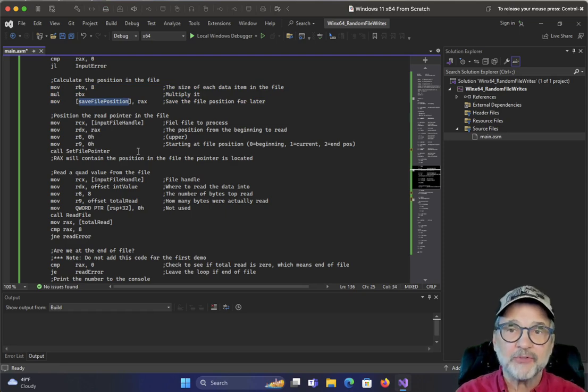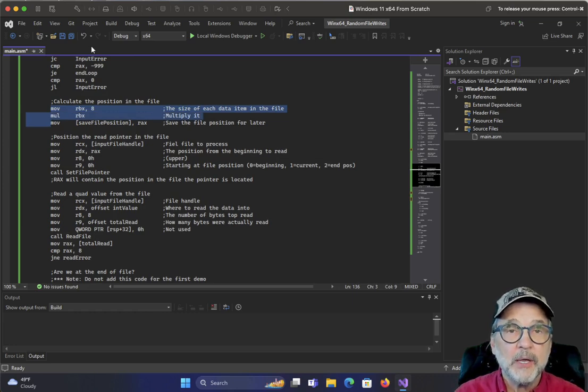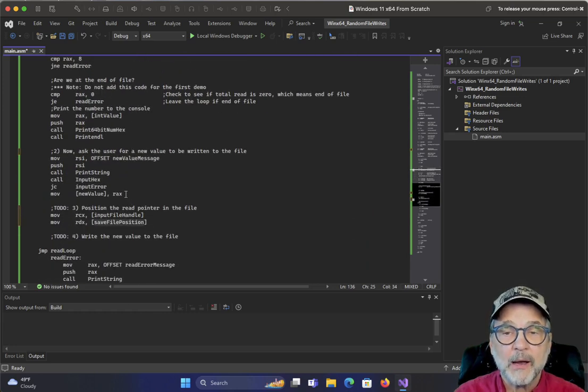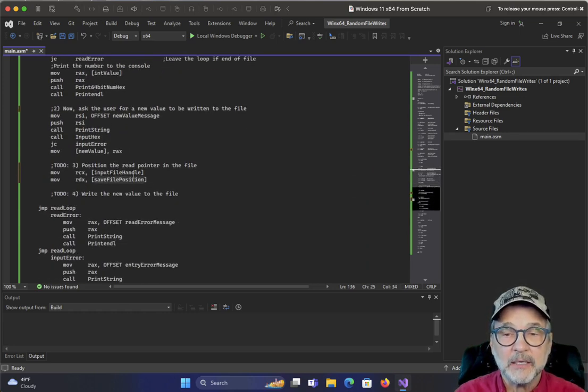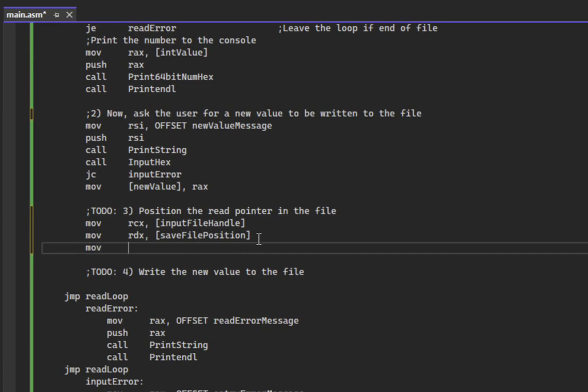And that's so I don't have to recalculate it all. Again, if I want to, I could just redo this code right here, both lines of the code. But instead of doing that, I saved it into a variable in the program. And now that's what we're doing here. We're copying it back into the RDX register. We don't have to redo the multiply. Okay, so I'm going to move into R8